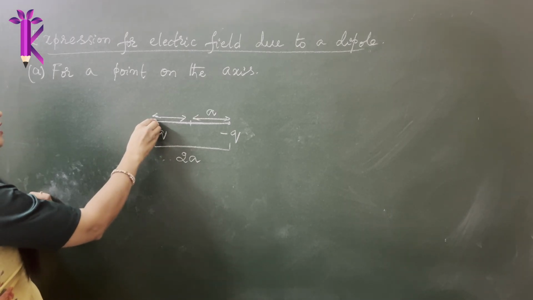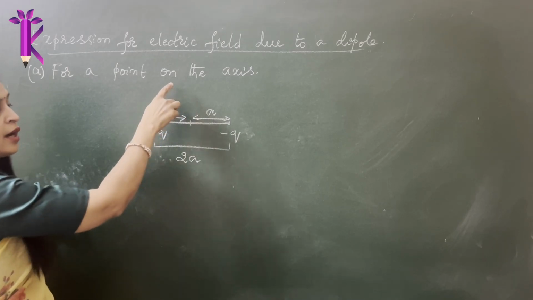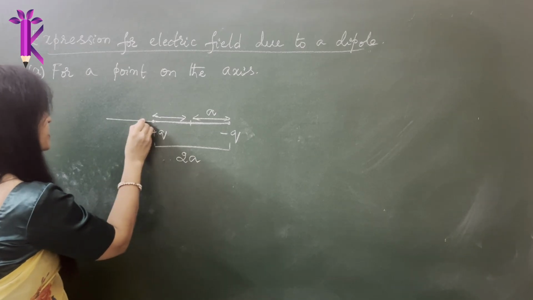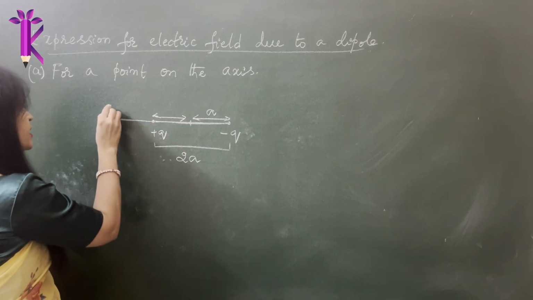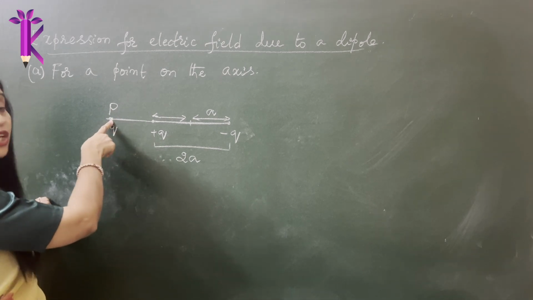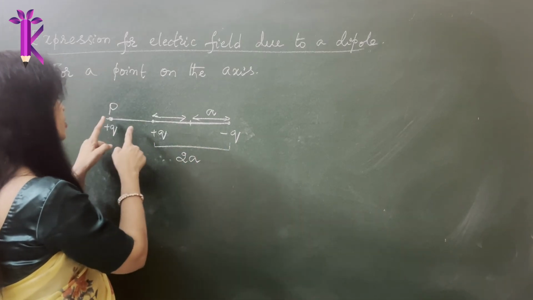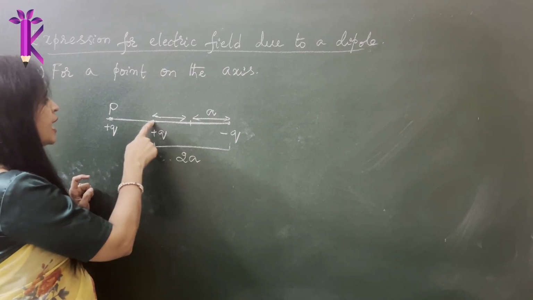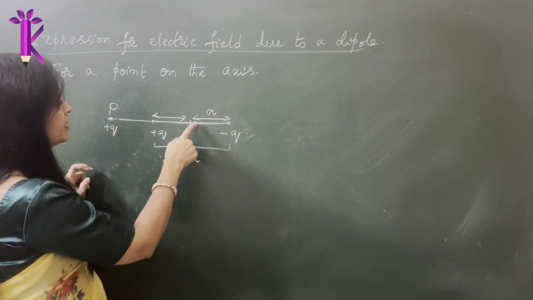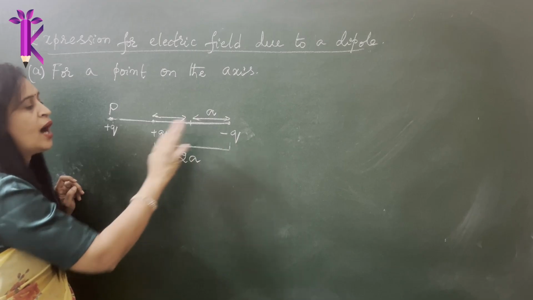Now you have to calculate the electric field due to the dipole. At what point are you assuming the positive test charge to be placed? The test charge is placed on the axis. So this is on the axis. Let's extend the axis. Suppose you keep the positive charge here, at the point P. So you have to calculate the value of the electric field due to these two charges which are at a certain distance of separation from the point P. Okay, so you have to calculate what will be the distance of separation, and arrive at the expression for the electric field at the point P due to charge Q and charge minus Q.